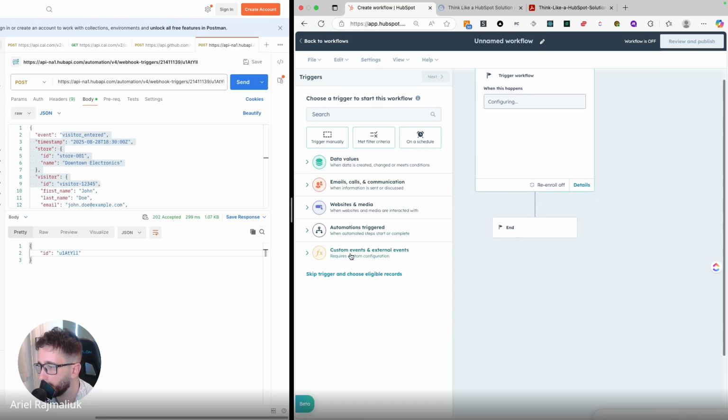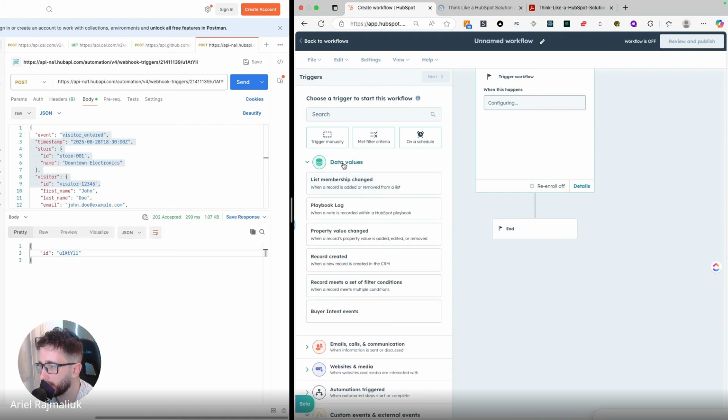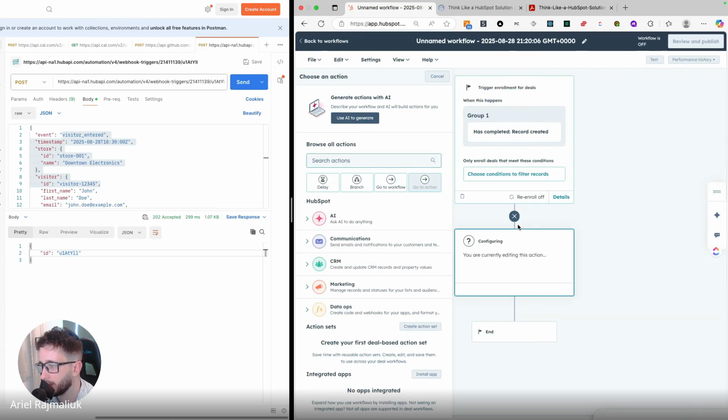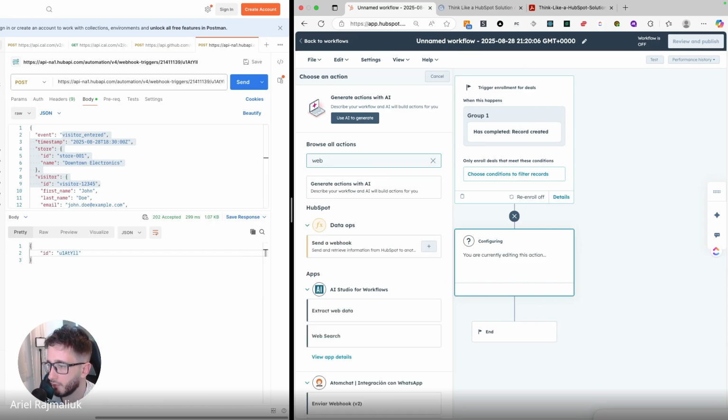Let's just configure it. Hold on. When a record is created, I will make it like any of these. Next, next, next, next. So if you want to send a webhook, you can go to send the webhook.